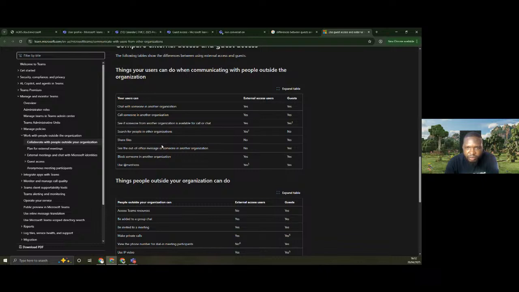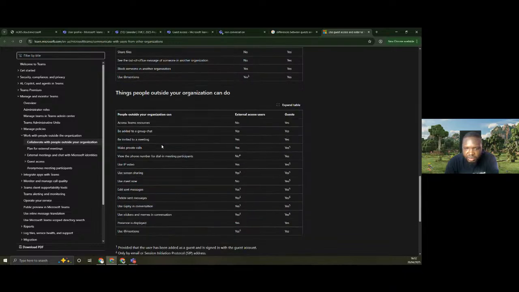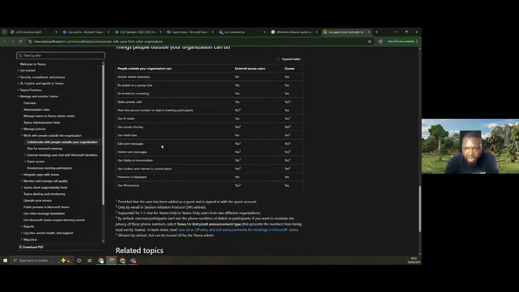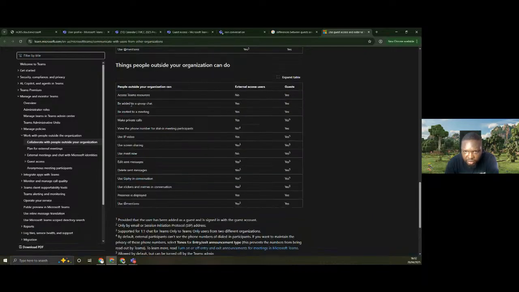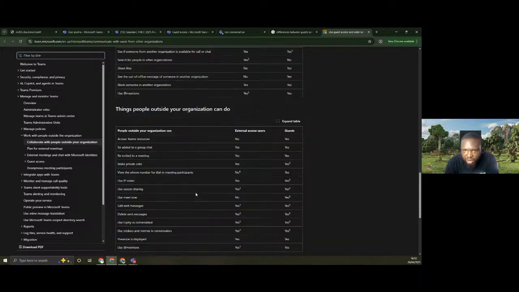But there's one very important thing I want to look at, and it's about file sharing. So I'm trying to look for that particular point that says no to read, screen sharing, edit setting, delete GIF, presence, delay, use at mention.